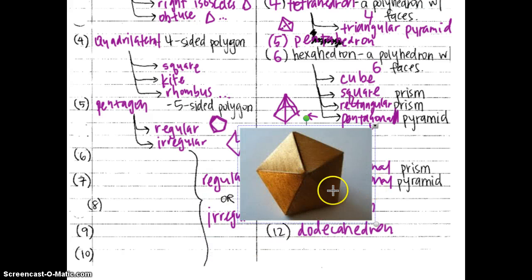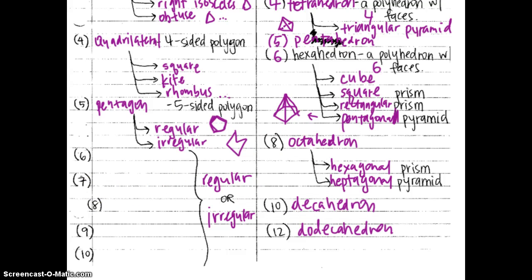Here's a more famous decahedron, actually. 1, 2, 3, 4, 5, and 5 on the back. Sometimes these are used as gaming dice. So this is a decahedron. And then the most fun to